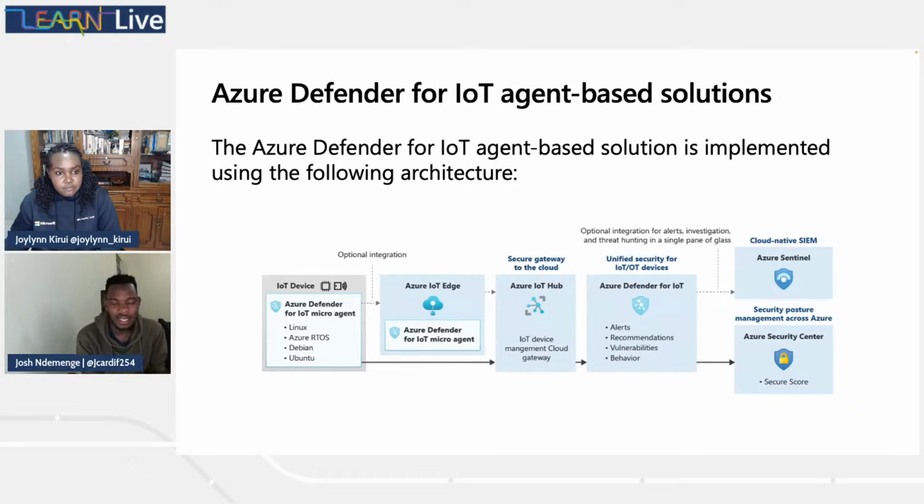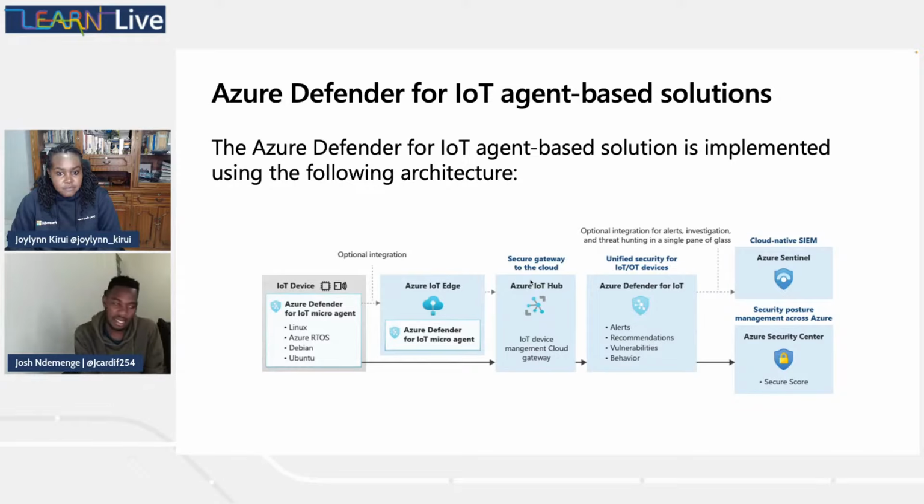Or alternatively, the device can connect directly to the cloud gateway. That is, it can connect directly to IoT Hub. Therefore, when you have this architecture on your IoT device, you have the Azure Defender for IoT micro agent. I believe this is still in preview. And then if you're having your edge devices, you have your Azure Defender for IoT micro agent